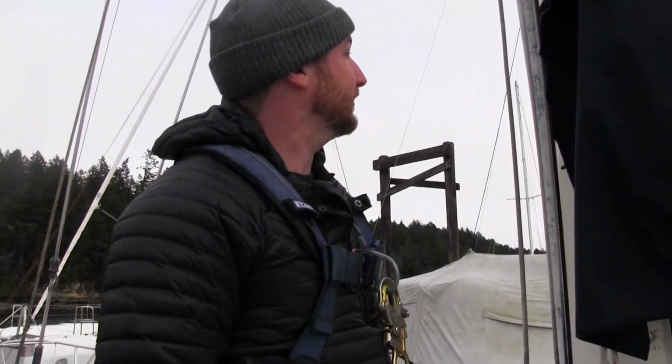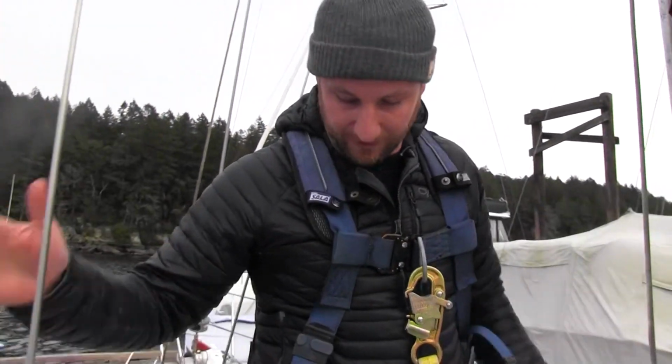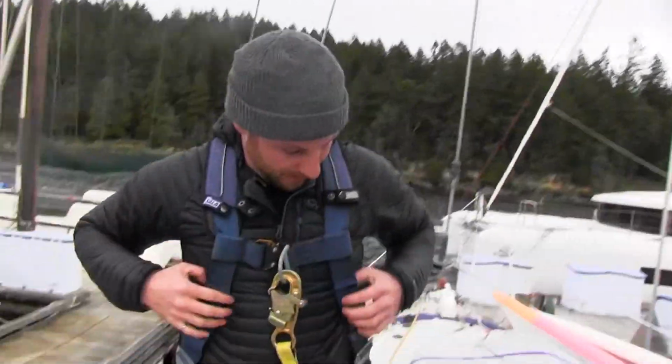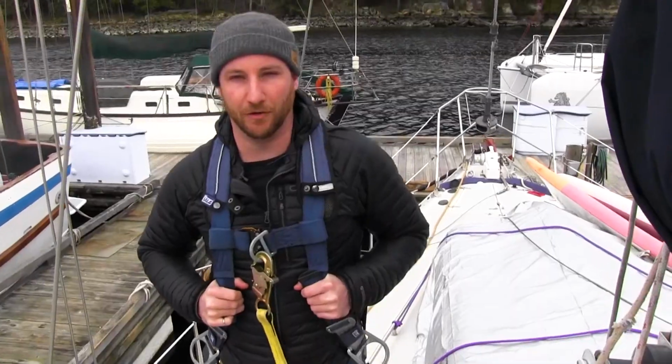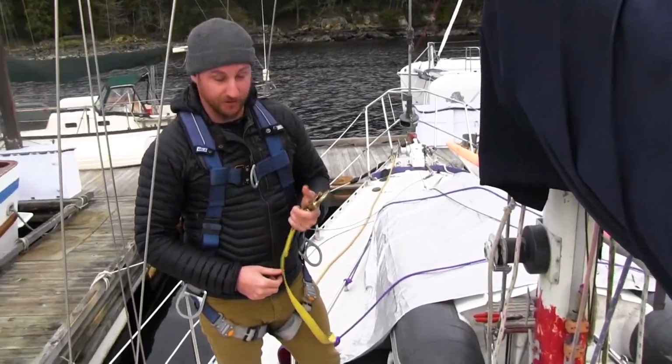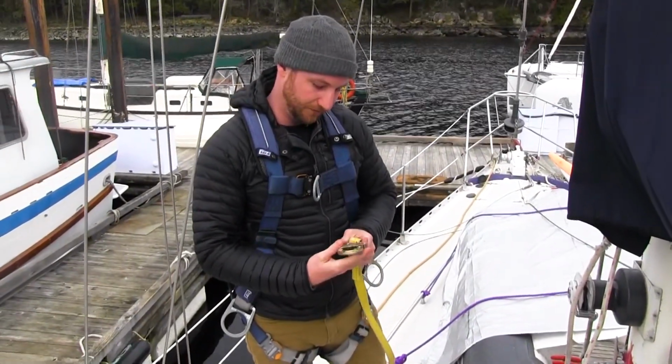So we're gonna go up the mast. Got step ladders to help me go up. And I've got my old fall arrest gear from when I used to scale dams for BC Hydro and inspect them. Which is good because these are old halyards and to be honest I don't fully trust them, but...